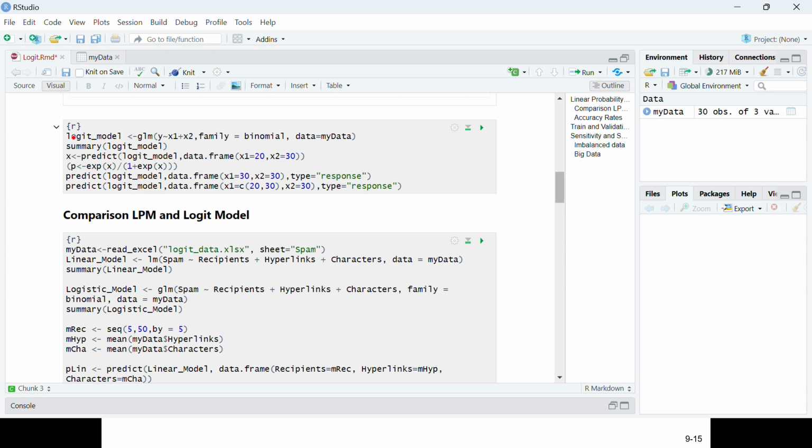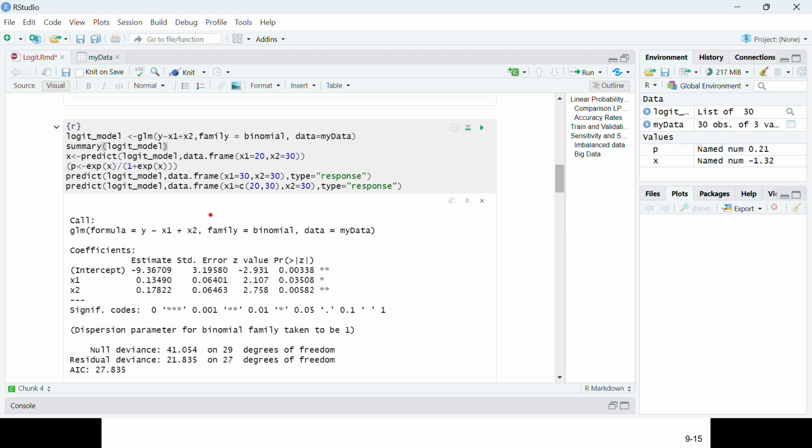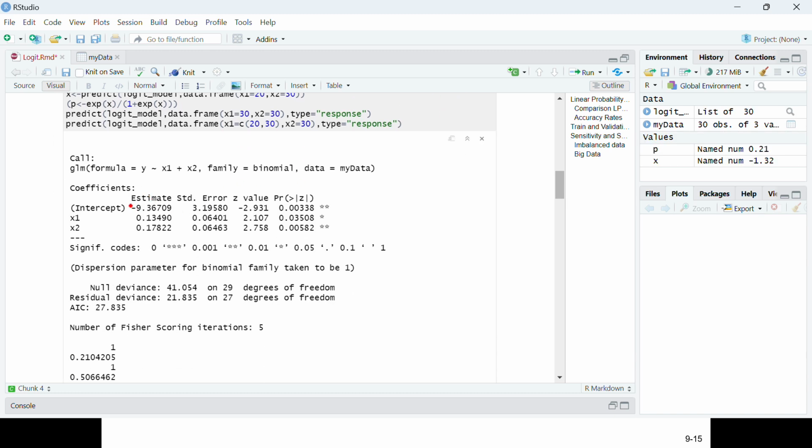So actually, the first line is developing the logistic regression model, and then you can do the summary. I will show you this one. So this is the result. You can see the estimation and the p-value. Then we can tell all of them are significant. And then